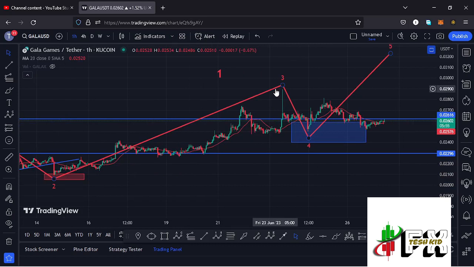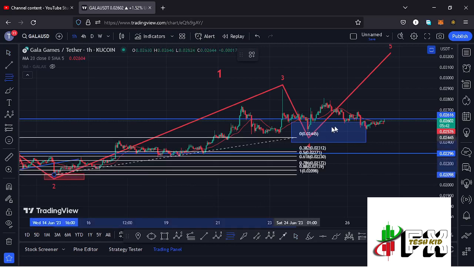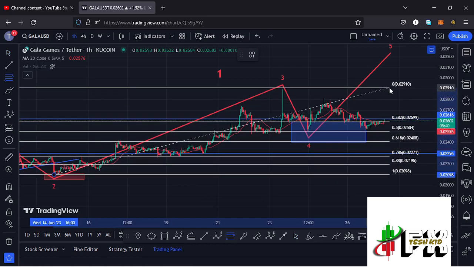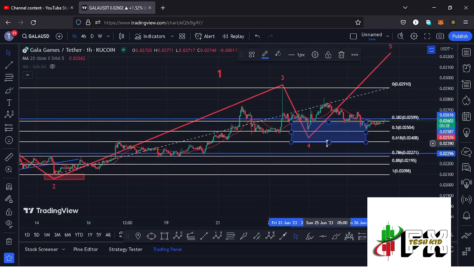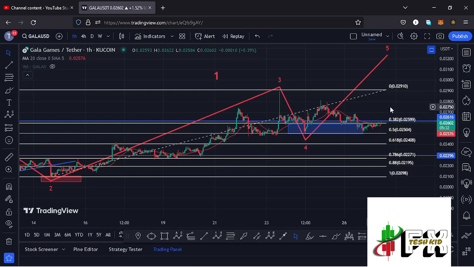And I still believe that whatever we are seeing at the moment is still a corrective structure in the formation of this wave 4. And I've been giving you minimum target areas for the fourth wave by connecting the fibs from the low of the second wave to the high of that wave 3, giving me a minimum target area between the fib level 0.5 and the fib level 0.382, which is an area that we have fully maximized.